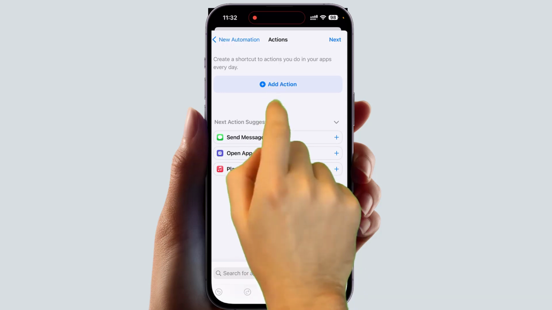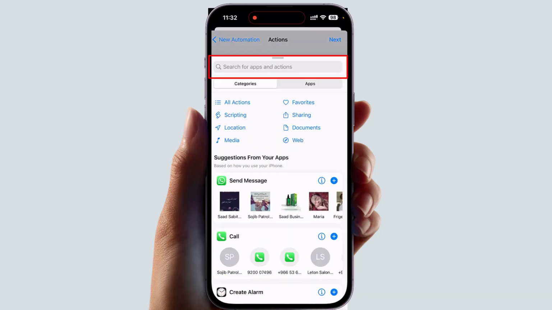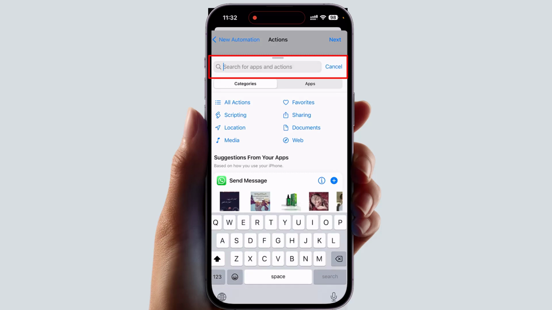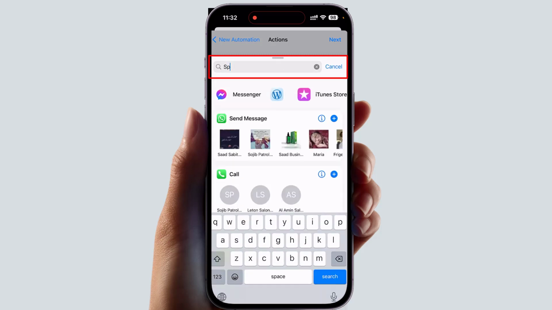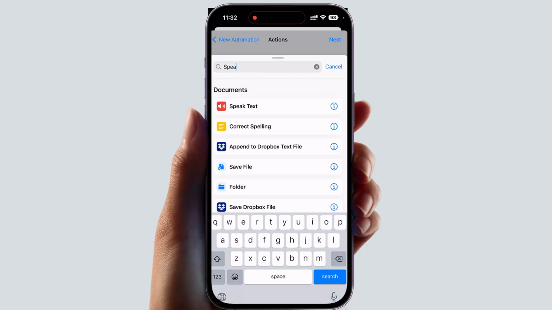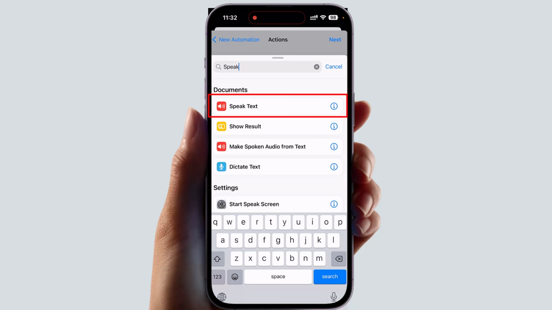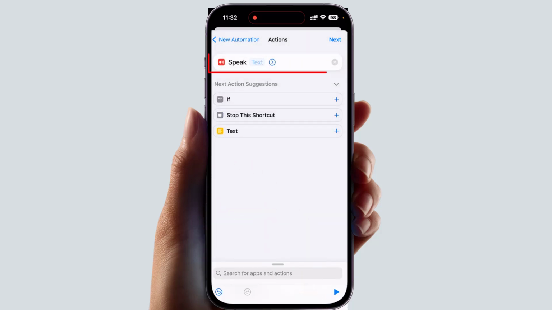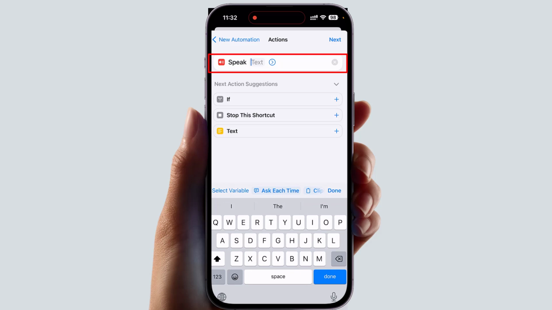You have to click Add Action, and then in the search field for apps and actions you have to type SPEAK, and then you will find Speak Text. Here you have to type some text, whatever text you want. So I'm going to type here, I am charging